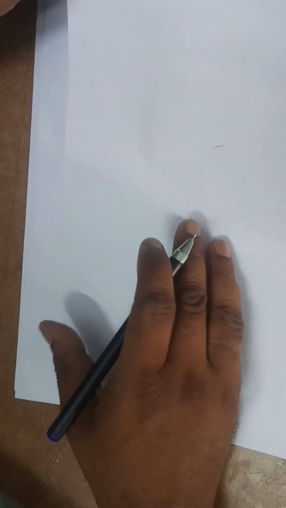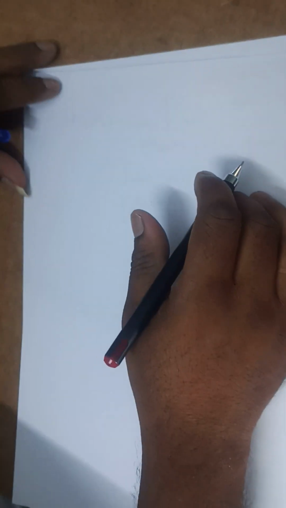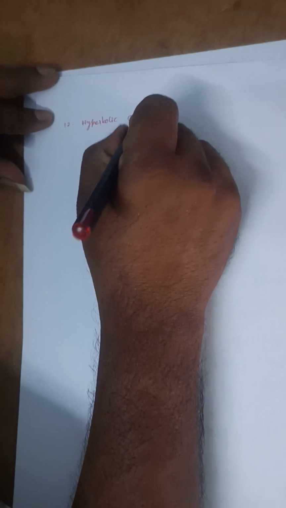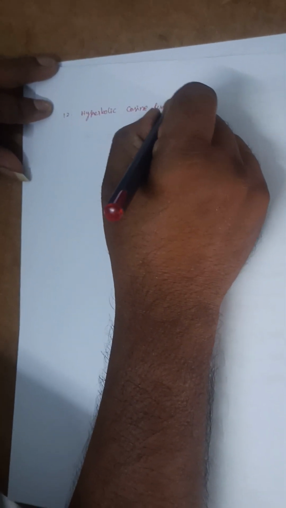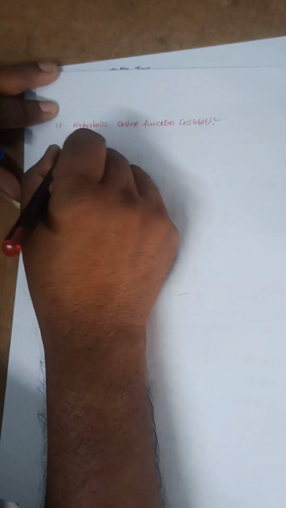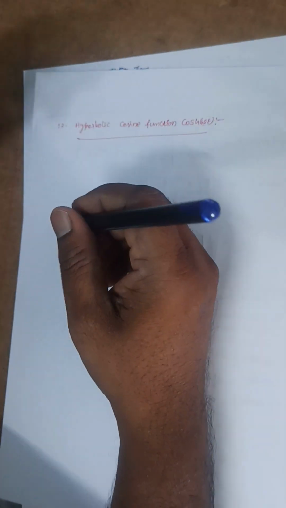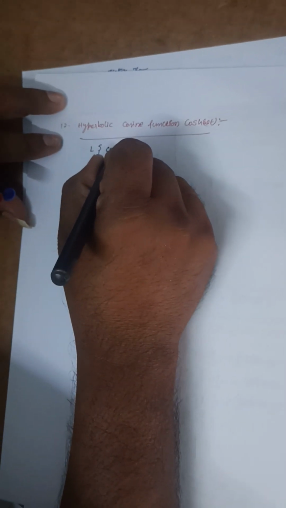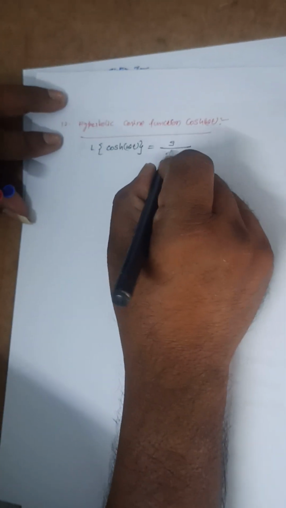Next, hyperbolic cosine function. The twelfth one is hyperbolic cosine function, that is cosh omega t. So for this, the Laplace transform of cosh omega t is equal to s divided by s square minus omega square,